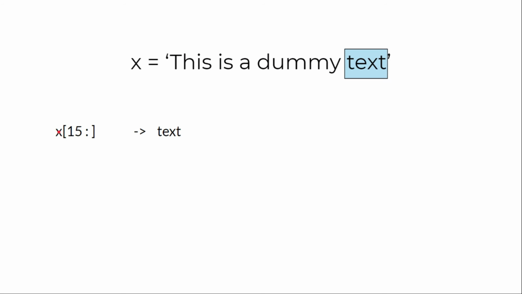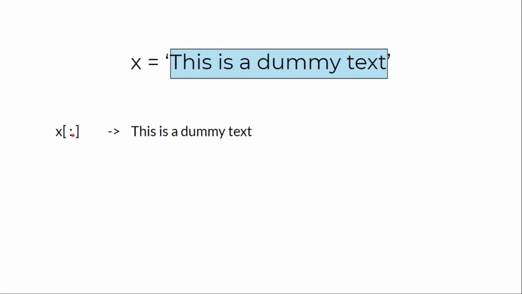So now second variant is having only start index. So this will return us the string from the start index to the end of the string. Okay, in this case we will get the output from index 15 because start index is inclusive. We will get the value from index 15, which is here a space, up to the end of the string, that is space and text. Okay,